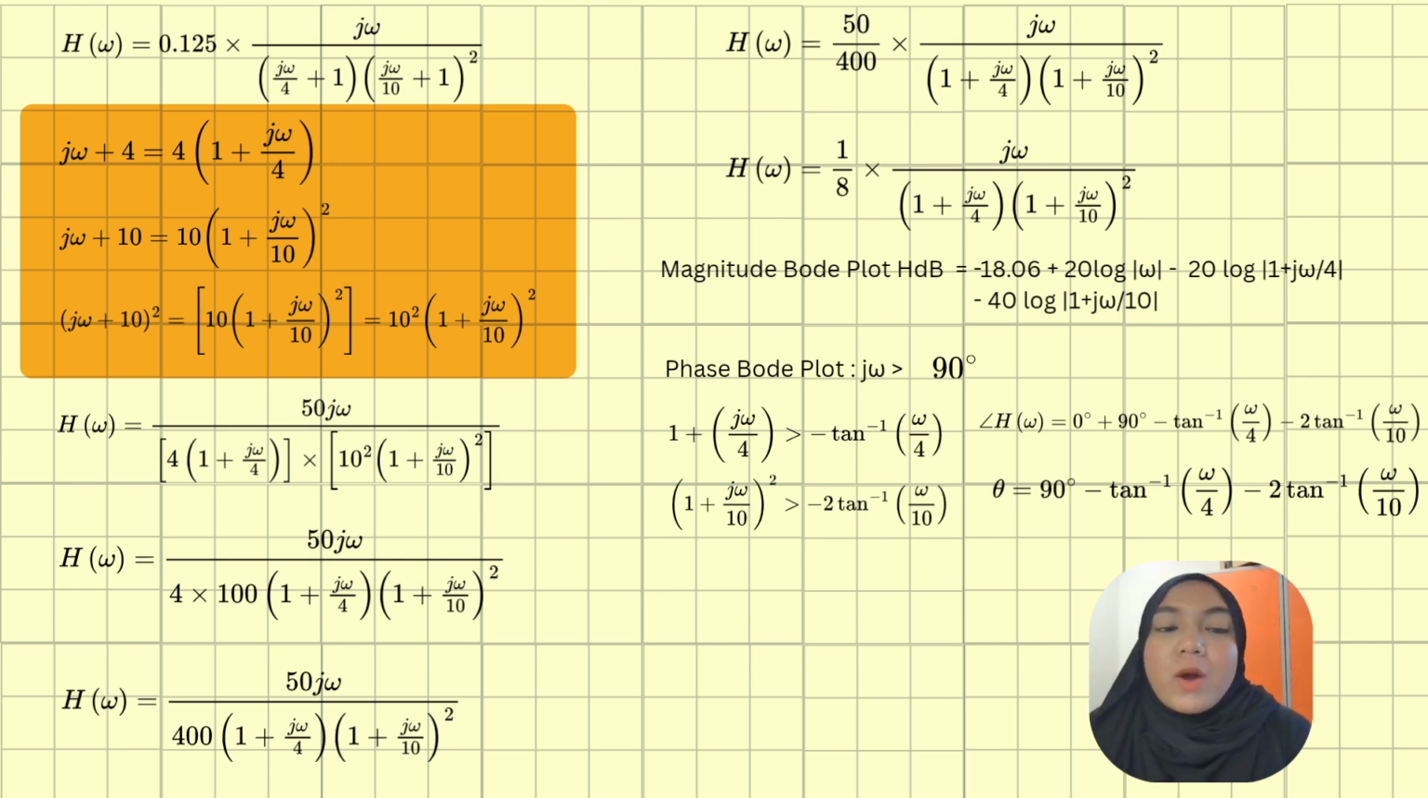We continue to 1 + jω/4 equals negative tan⁻¹(ω/4). And then (1 + jω/10)² equals negative 2 tan⁻¹(ω/10). And why must it be negative tangent? Because